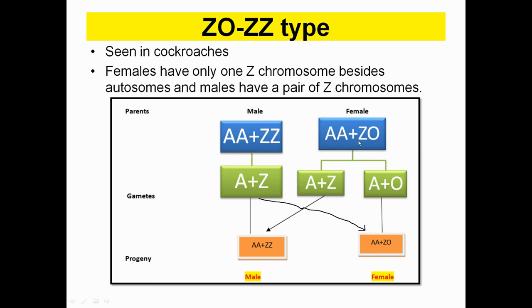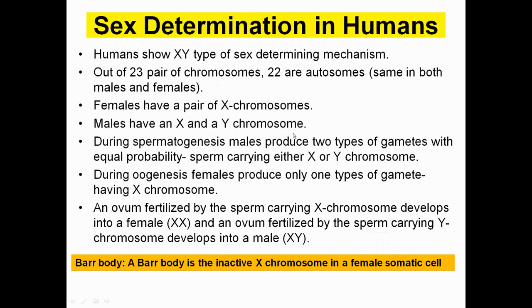Here, the female heterogamety is going to be present. The male is going to produce similar type of gametes. However, in female, we have two different types of eggs, that is, one having Z and another not having any sort of sex chromosome. So we have male having the same set of sex chromosomes, and in female we do not have the same set of sex chromosomes. One is missing in female. This is a type of female heterogamety prevalent in cockroaches.